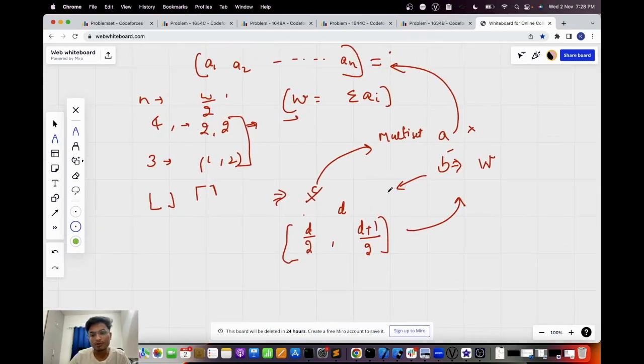I will surely say that the minimum weight at this time is D. Let's say I am checking for D by 2. Now if the weight of the minimum piece is, let's say, 5, and D by 2 comes out as 2, or let's say it is 4, then I will definitely say that this piece cannot be